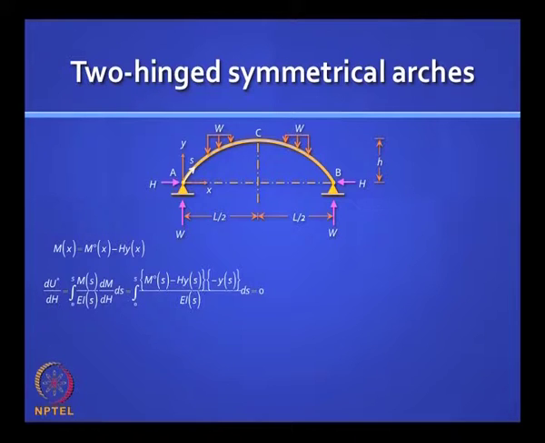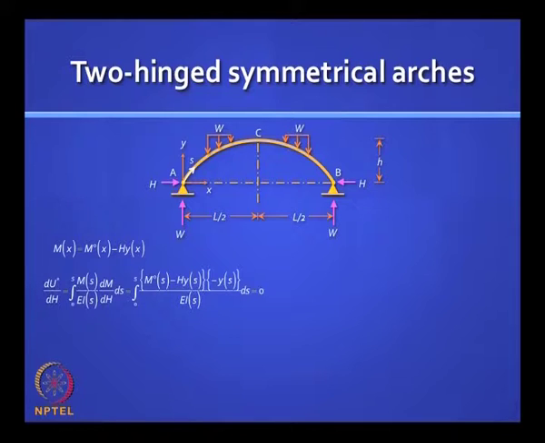Do you agree that, capital H, now you have to integrate, there is no beam and column here, there is just one curved length. Let us say that parameter is small s, and the full length is capital S. So do you agree this is the expression for dU star by dH? There is only one redundant H, and since M_x at any section, the bending moment, is M naught x minus Hy, where y is the rise in the arch at any location, and if you take the derivative of this you get y, right.